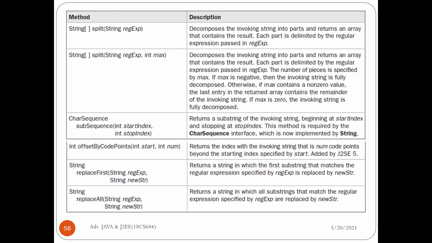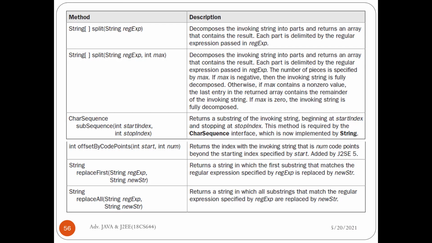The other methods include the split method. This is a very predominantly used string method. It returns an array of strings. Here the regular expression is given. What this method does is split the given invoking string into parts and return each part in an array.